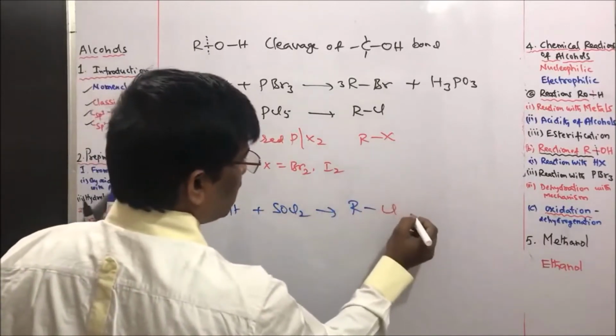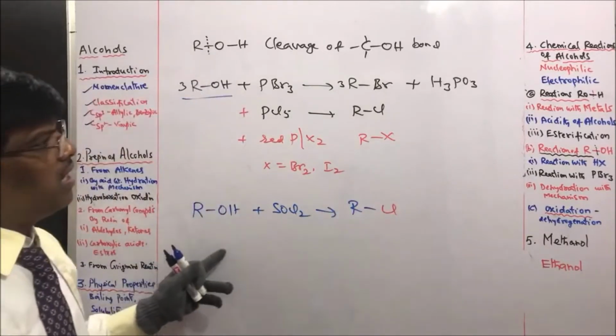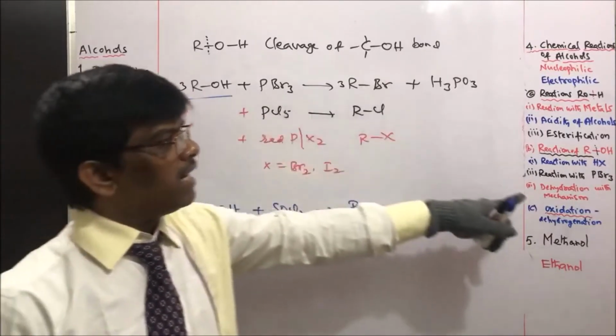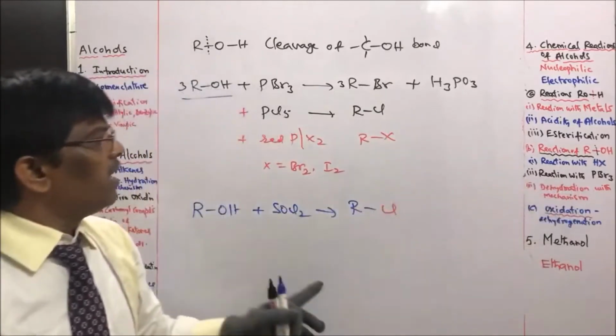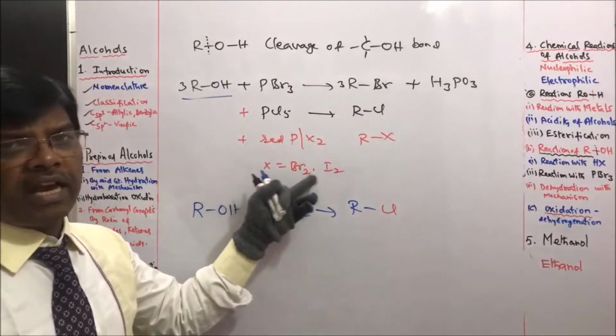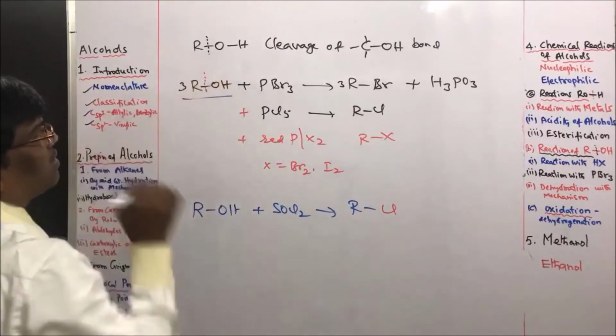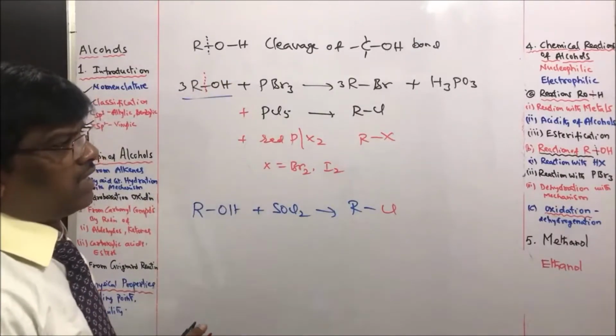Yes students, so this is how you can do the halide preparation from alcohols, by reacting with PBr3 or thionyl chloride or red phosphorus with bromine and iodine. This is how it is going to form halides, by the cleavage of this carbon and oxygen bond. Next,